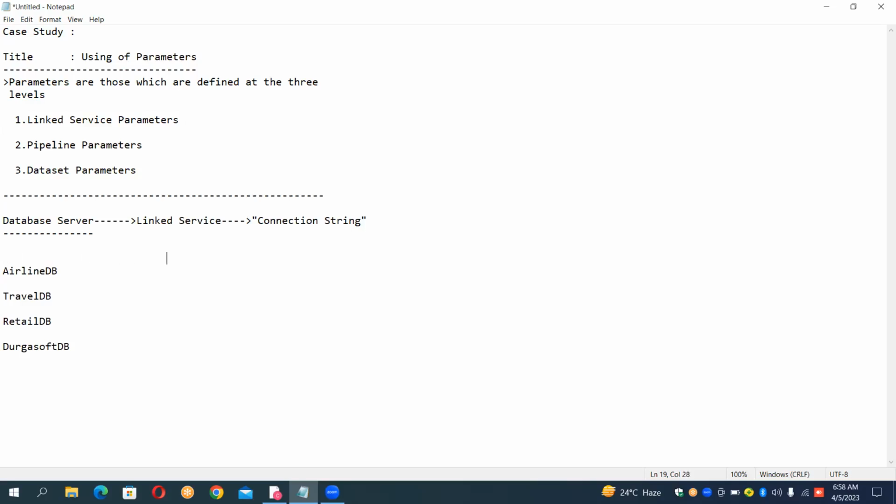This link service parameter is used to access the data from all the 4 databases. That means one link service, I can utilize it for accessing the data from the 4 databases differently. Getting my point, everyone? 4 different databases differently. So using this link service,